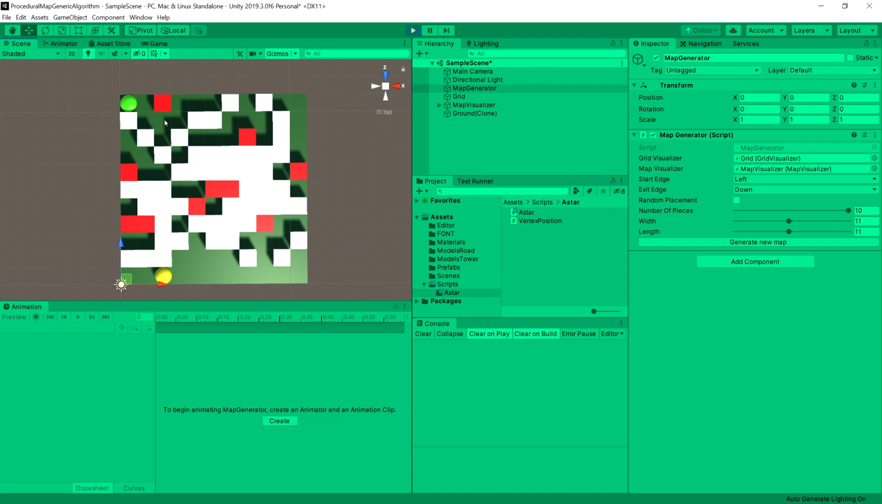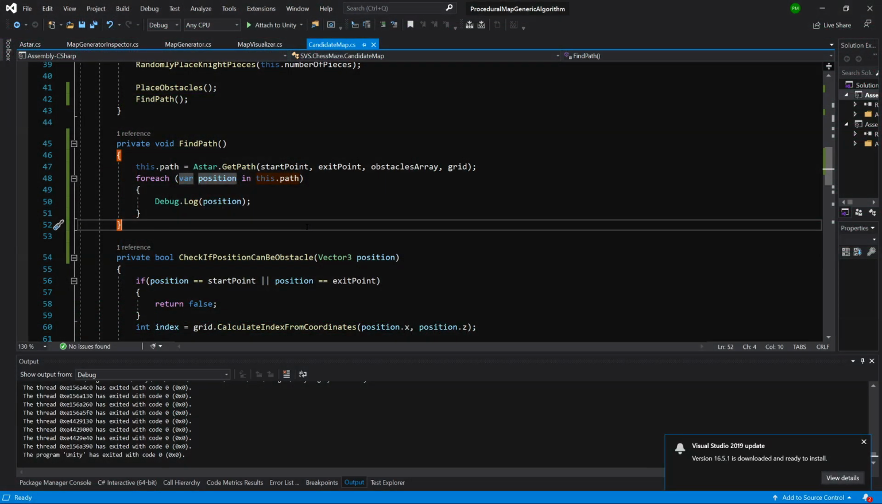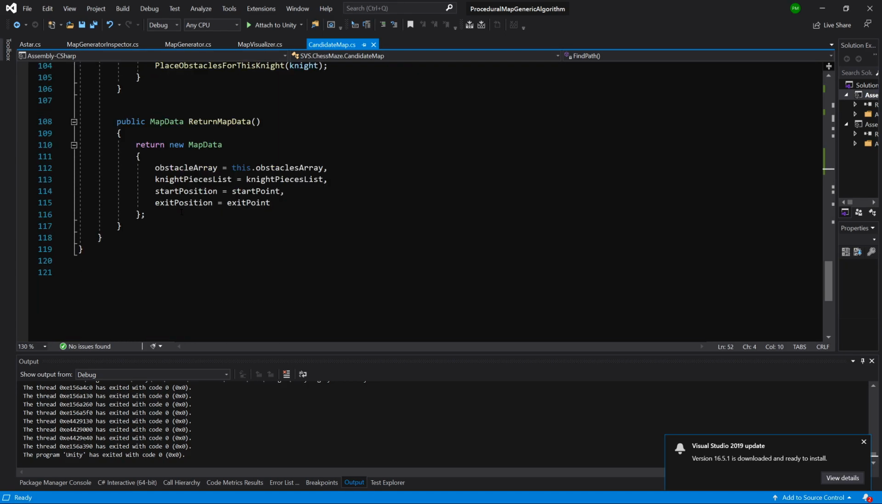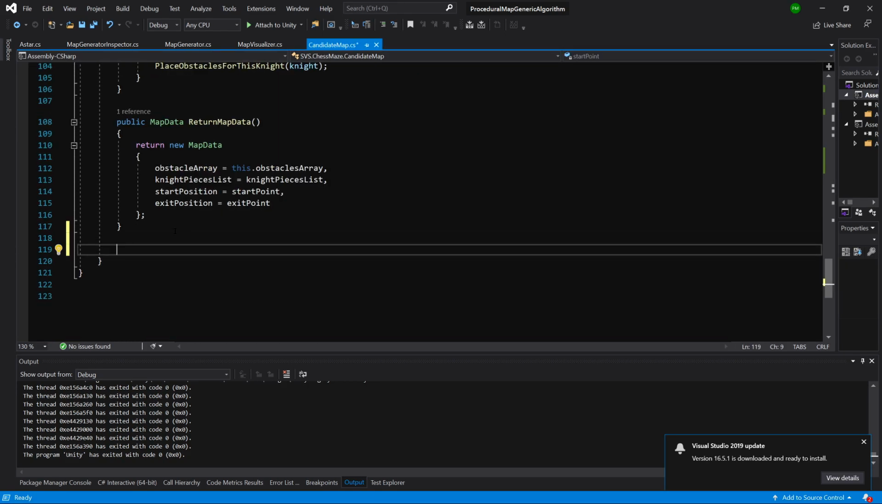So now we need to tackle this issue, where we need to delete some of the obstacles for the path to be available to us. And that's what we are going to do now. So let's go to the candidate map script, slide down, and create a method called public list of Vector3